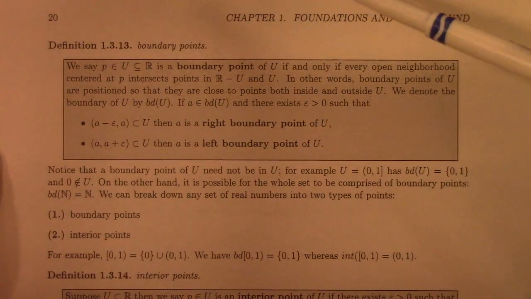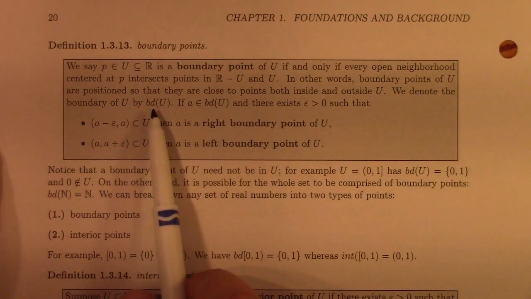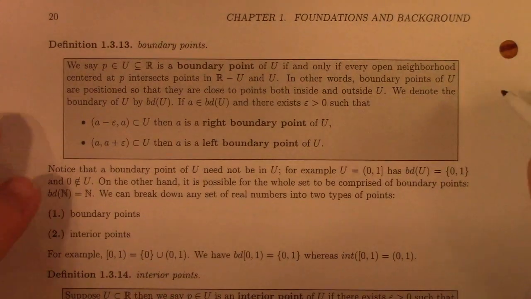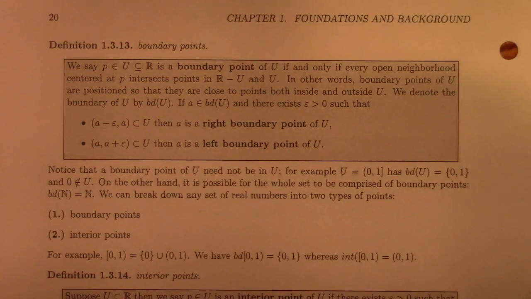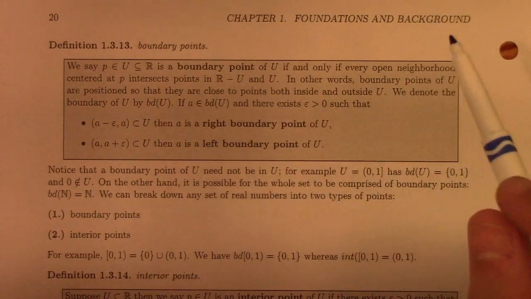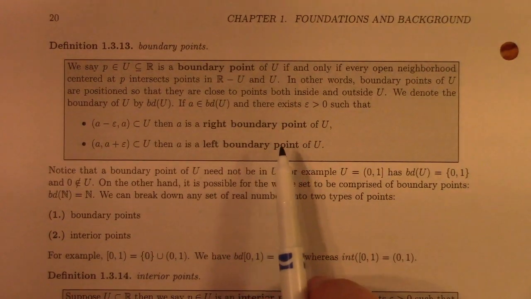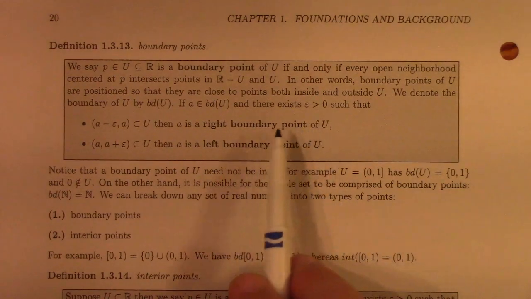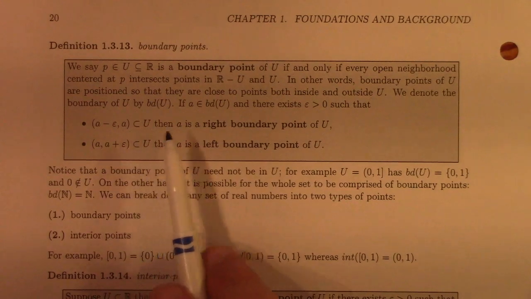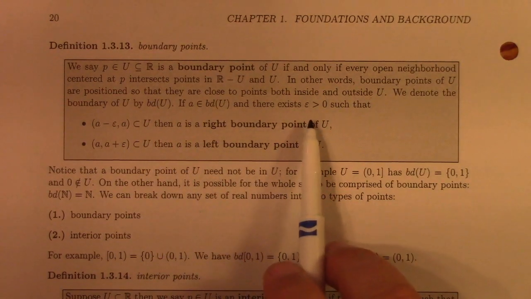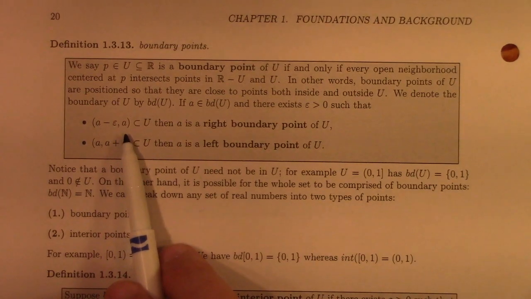And we denote the boundary of U by BDU, or sometimes people will, well, let's just say it's my notation, so boundary of U. You can also talk about right and left boundary points. It's a right boundary point if there exists an epsilon greater than 0 such that A minus epsilon to A is a subset of U,